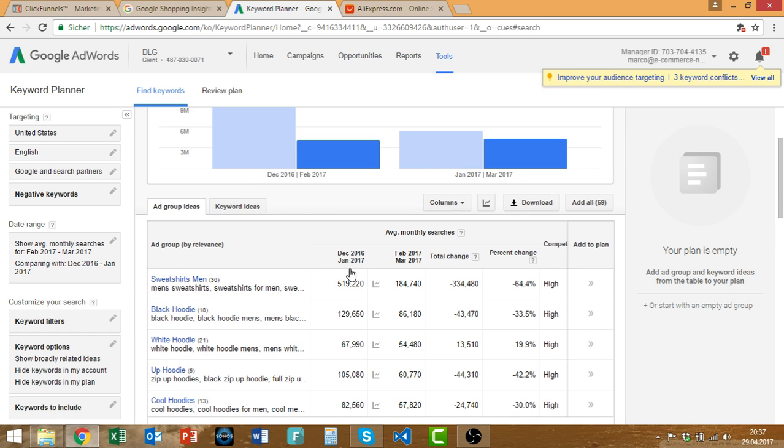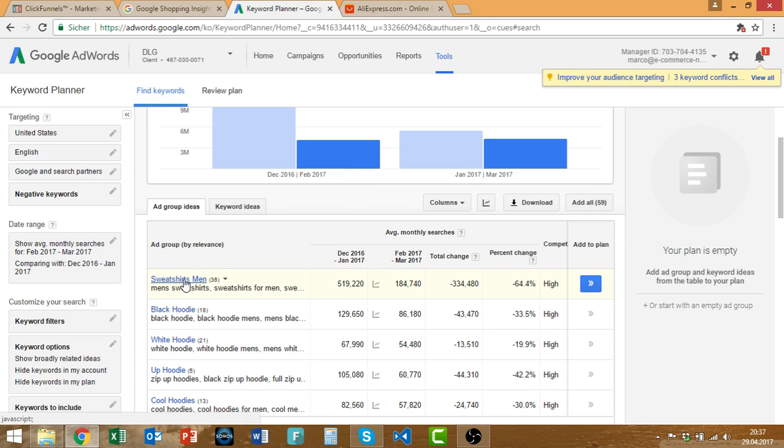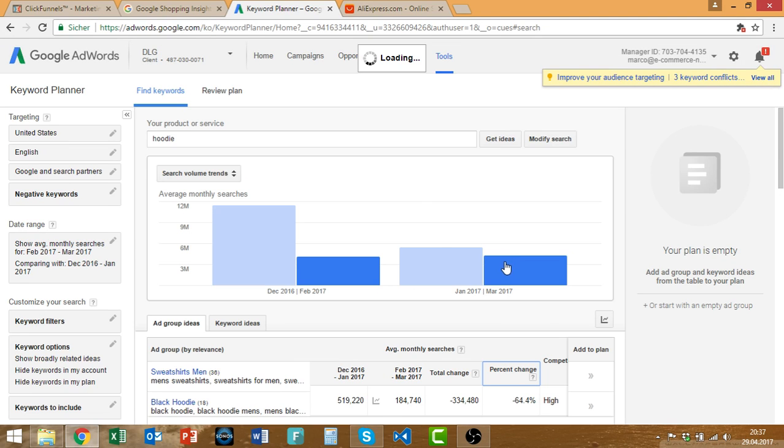So now we can really see the comparison between people looking for keywords related to sweatshirts men in December 2016 to January 2017 compared to February and March. So both 2 months, so that this is representative. But in this case, the amount of searches was reduced by 330,000, which is minus 64%. And if we sort this by percentage now,